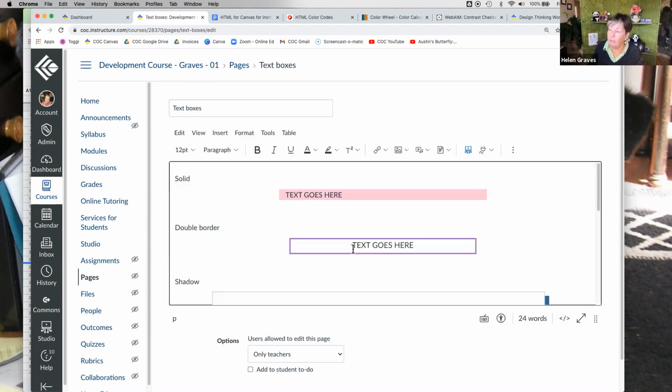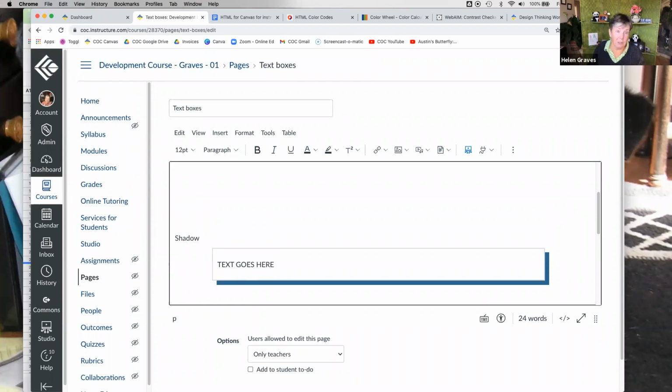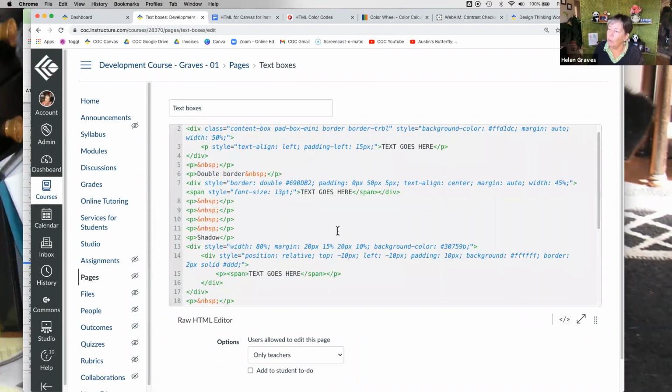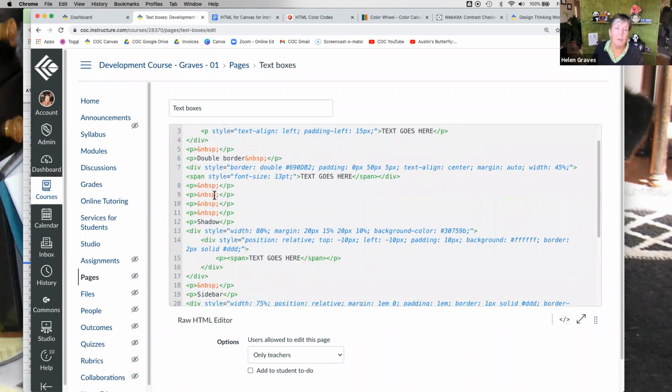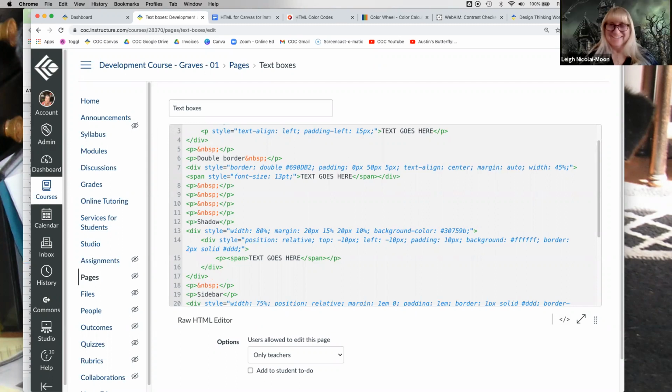Let's say I want to find my shadow box. I will put my cursor at the beginning or the end of wherever I want to be working, and I'll put in a couple of empty line spaces, so that when I go into the code, I can very quickly see, oh, there are my empty line spaces. Here's my shadow box. Now I know exactly where I want to go to work on it. And then I can just delete the empty line spaces when I'm done working. Does that make sense? That's a good tip. I learned that the hard way. I use that all the time.